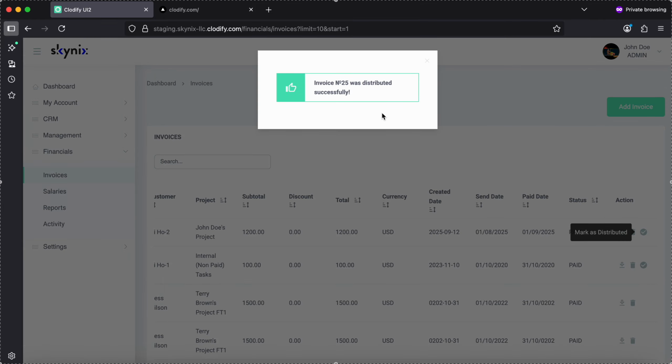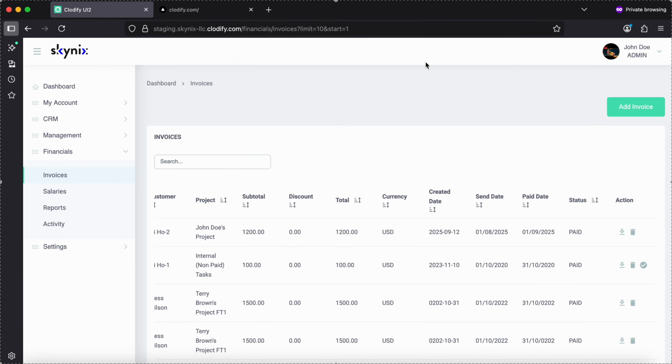Okay, invoice was distributed successfully. So now it is paid, and what we actually do with this invoice, we can only download PDF and delete. Like this one, for example, we do not need now to mark it as distributed, so we'll leave it as